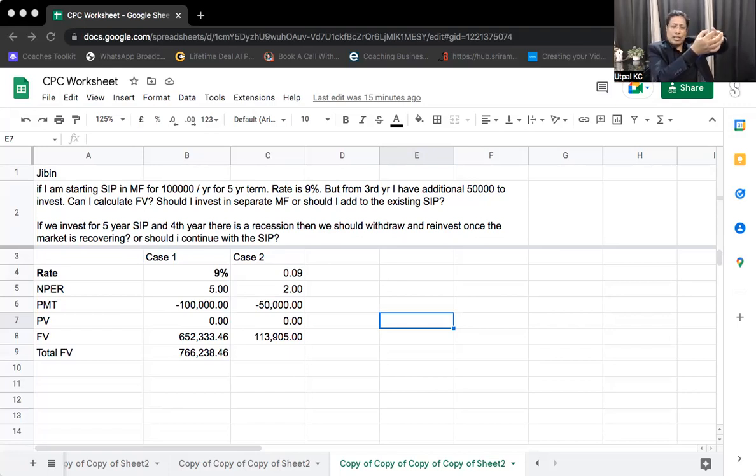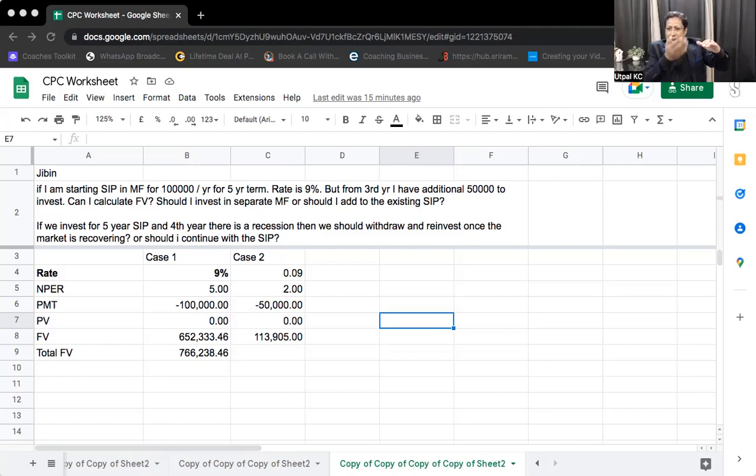Some equity, some debt, some money market. Okay. Then they get second level. There is something called hybrid also. What is hybrid? Hybrid is a mix of equity and debt. Okay, fine. Then forget equity and debt. Take some hybrid and then take some money market. Okay, they are satisfied.